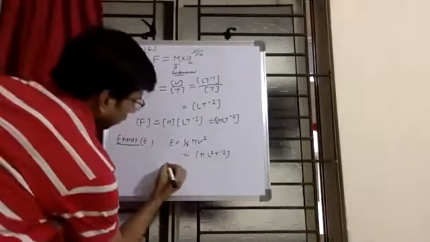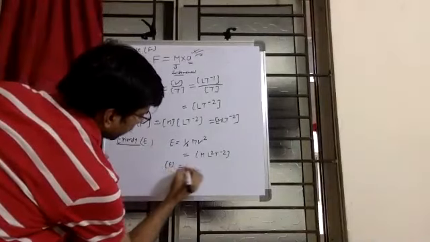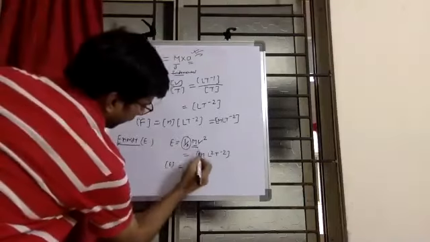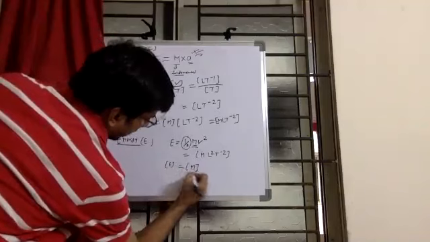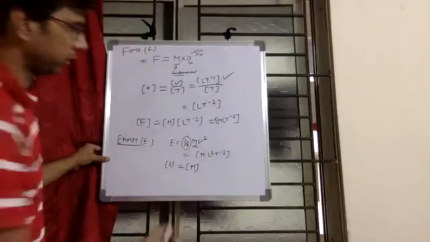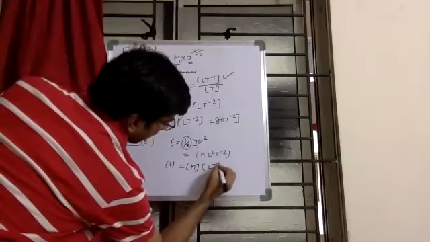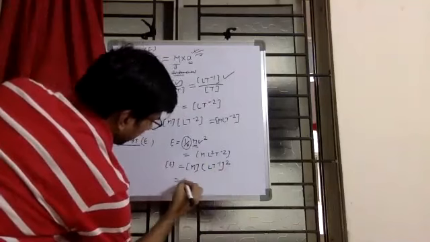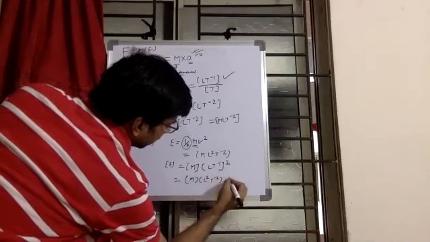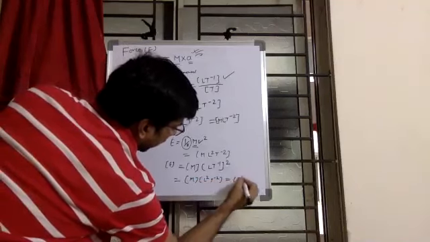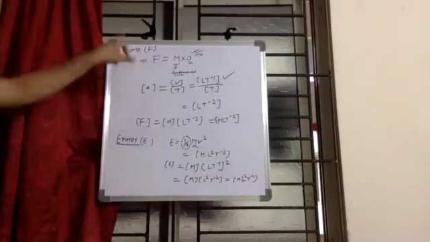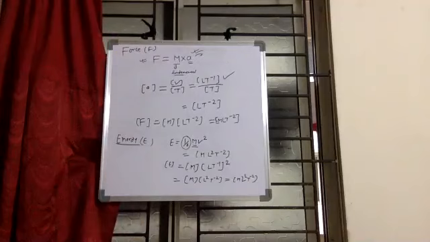How? So dimension of E equal to, this is the constant one, so we don't care about the constant one. Now dimension of M, this we know that mass, that's M. For V, we have already derived, it is LT minus 1. So it is LT minus 1 to the power 2, that becomes M L square T minus 2, that is equal to M L square T minus 2. So in this way, we can calculate the dimension of all the derived quantities.